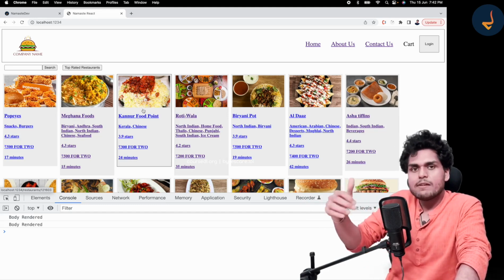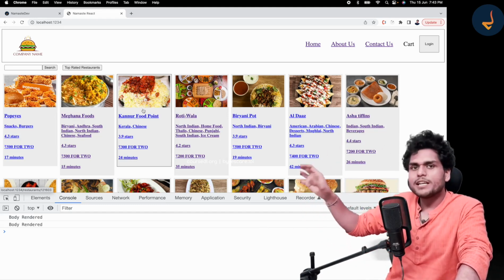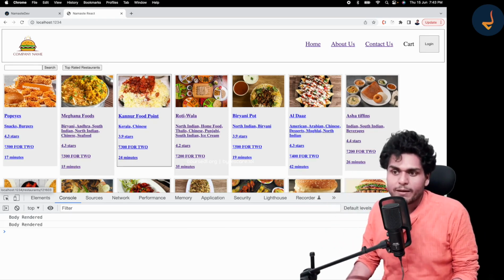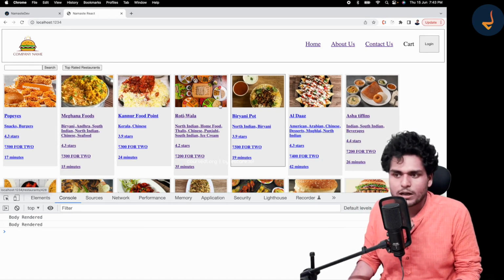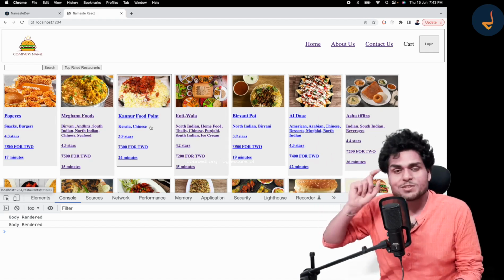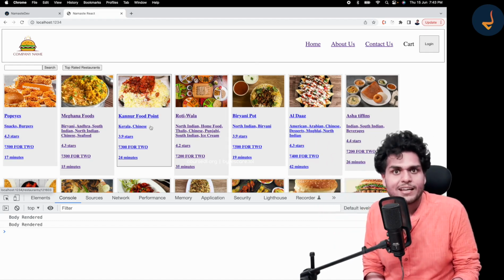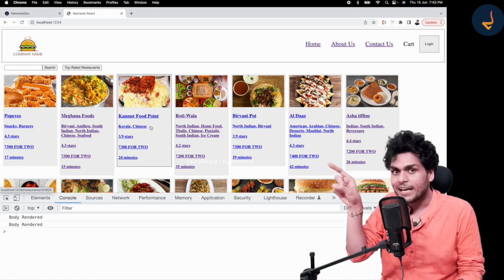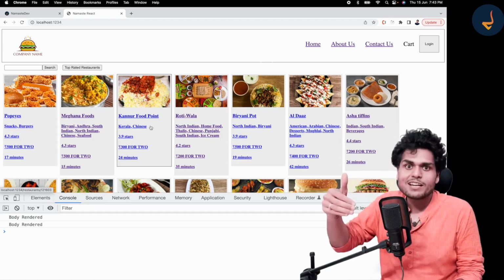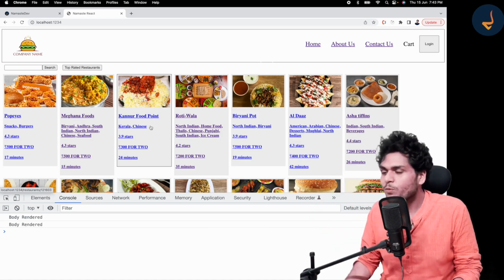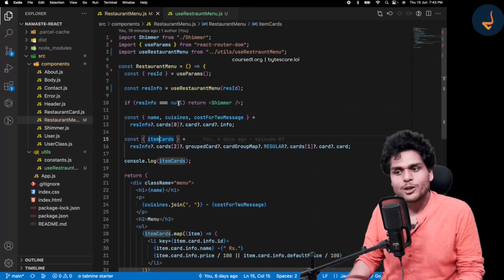So how can we develop that? And there is much more utility of that hook. Let's create that type of hook. Whenever the internet of the user is not working, instead of showing this restaurant card, we will show, looks like you are offline, please check your internet connection. You would have seen this a lot of times on some websites. If I just turn off my internet, they get to know that the user is inactive or the internet is not working. We are going to develop the same in our app, and you would be amazed, right?